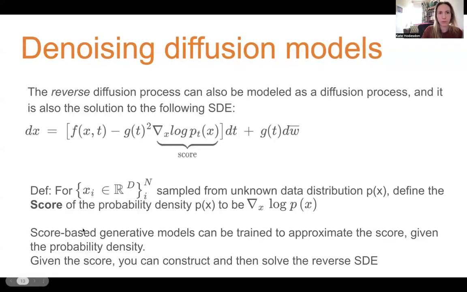And this process is called score estimation. And it's the fact that you can learn this term, the score, for each time step t, that allows you to construct the reverse SDE. And then there are numerical methods that you can use to solve it.